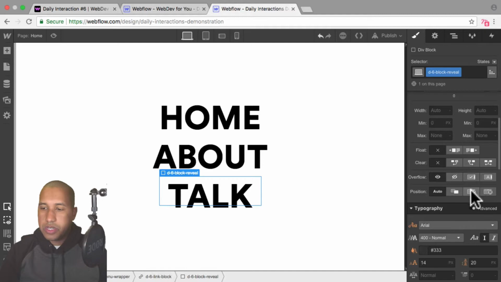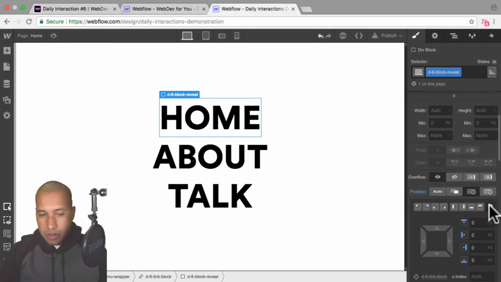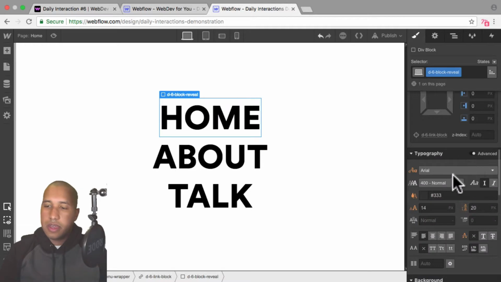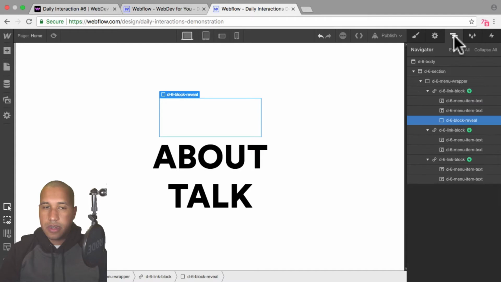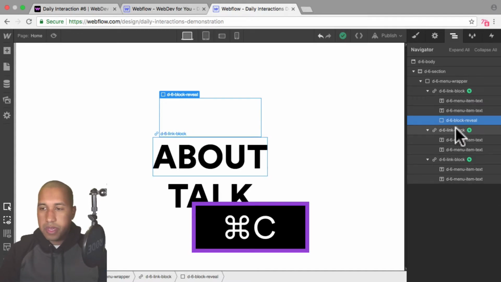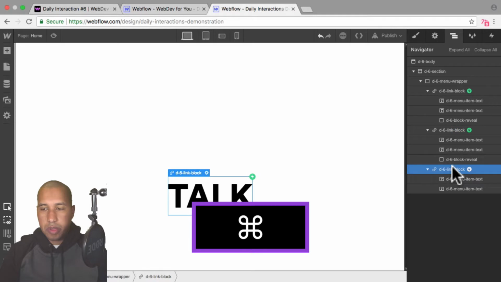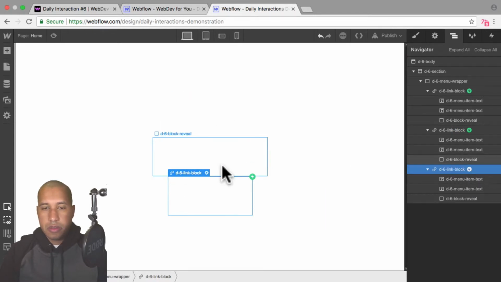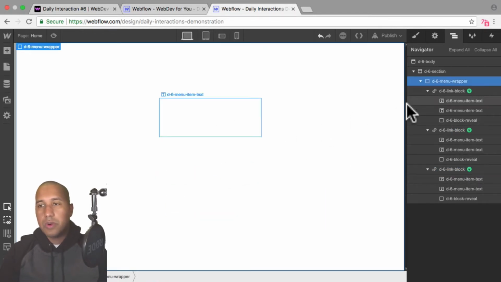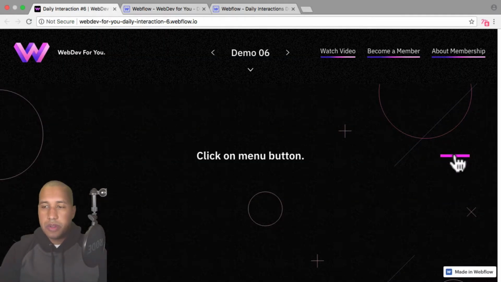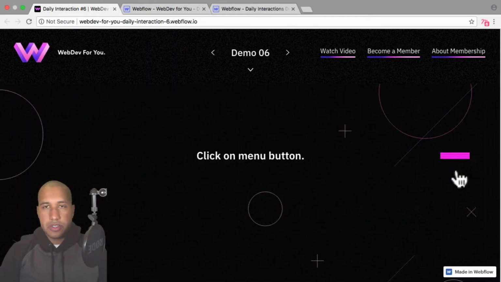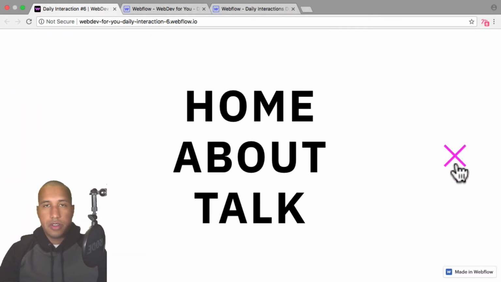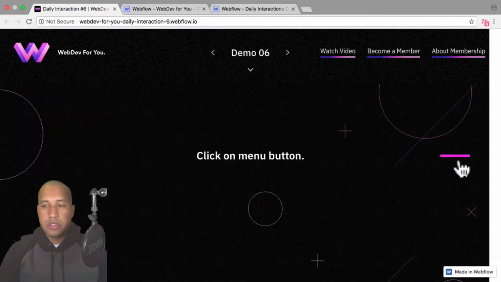And I'll set it to a position of absolute, set it to full, so it fills the entire link block, and I'll give it a background color of white. Okay, so there we have the block, and I can just copy and paste into each link block. All right, so there we have the blocks. So now what we can do, because we need a menu trigger. If we go to the demo, we see that this is the menu trigger, and we'll create this in tomorrow's daily interaction, this kind of menu trigger that turns into an X. But we do need a trigger to open the menu.